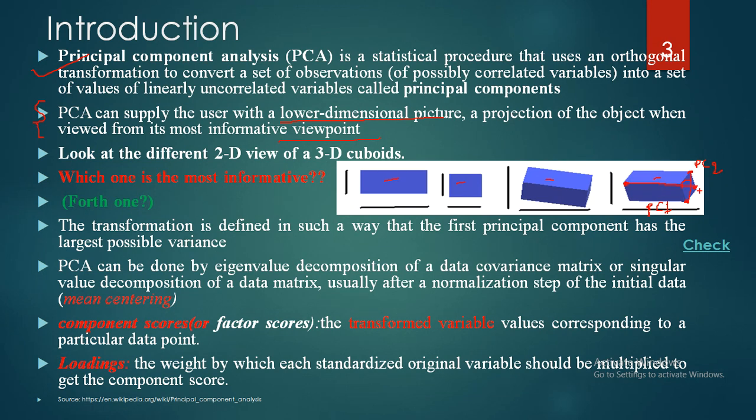Now in this diagram, we are able to see principal component 1 and principal component 2 both visible. That's why we are capturing maximum information, and even though the 3D object is transformed into 2D, we are able to say what it is. But in this case, we are able to see neither the first principal component nor the second principal component. That is why we are not getting sufficient information to say what the object is.